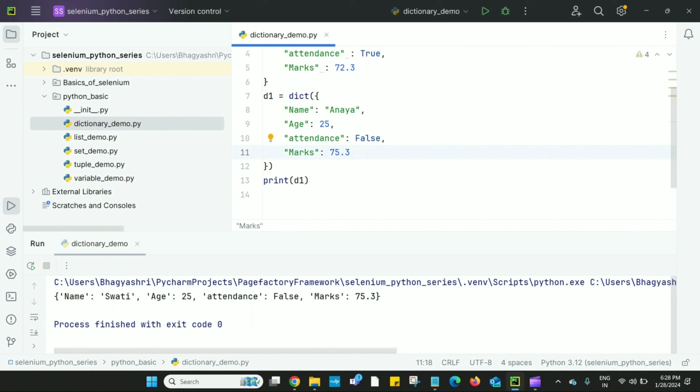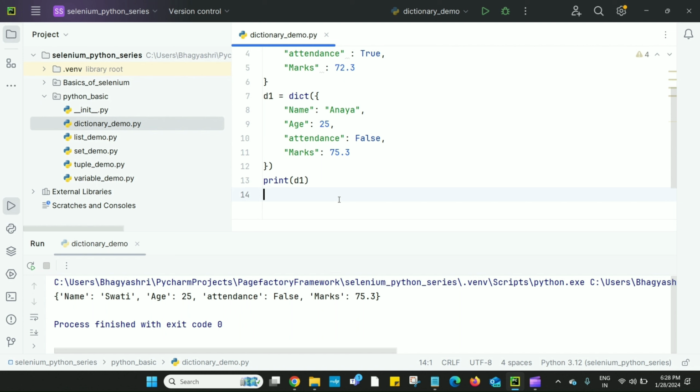Next, it is changeable, meaning we can update dictionaries: we can add elements to the dictionaries, we can remove elements, or we can update or change the value of the elements. These are some characteristics or features of dictionaries. So where exactly is it used? In our Selenium scripts, we use this dictionary for fetching data, meaning in the data provider concept. For those particular test cases, we fetch the data in terms of key value pairs.